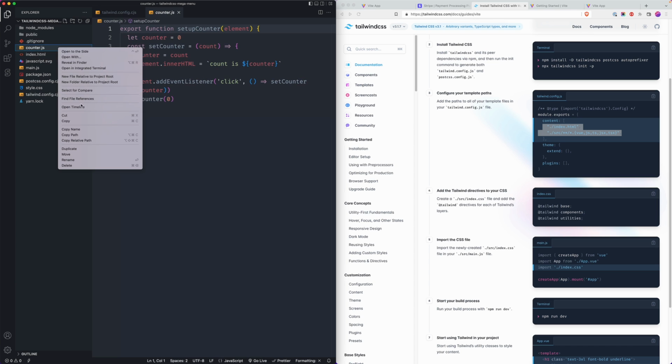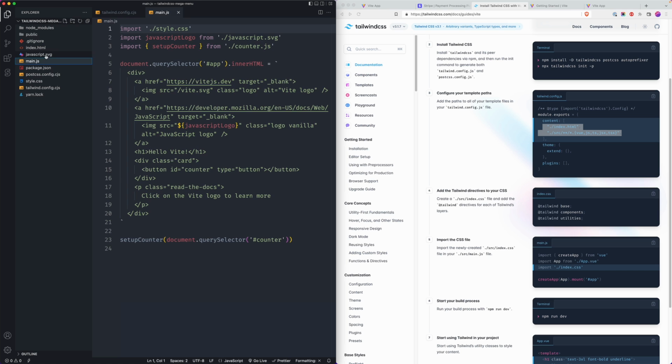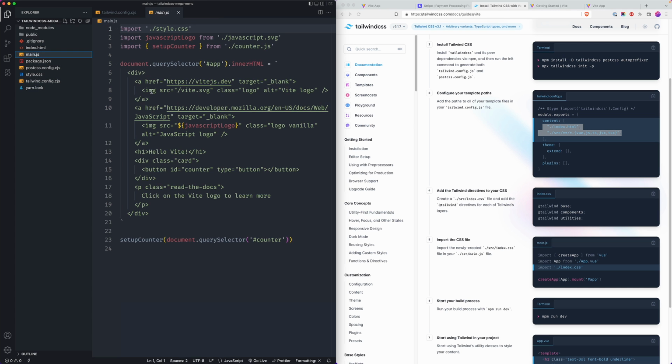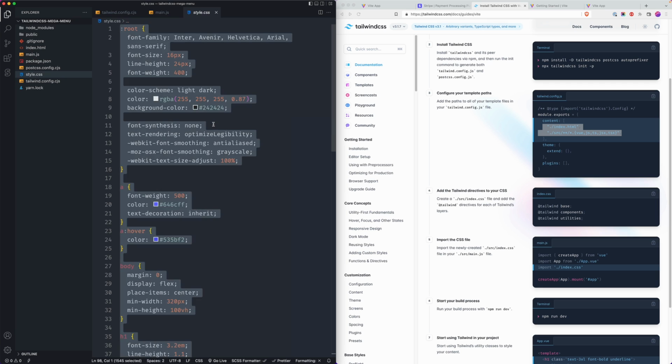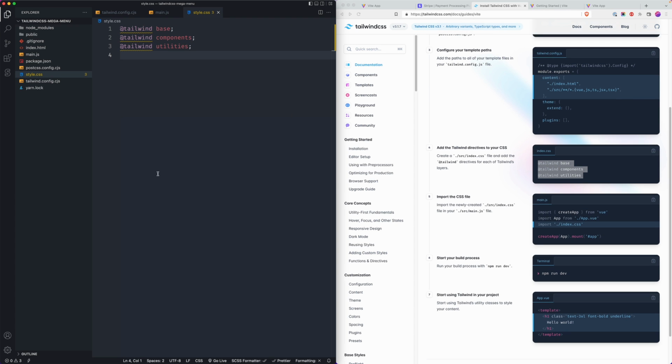And then finally, in the index file, we can adjust that in a second. I'm going to actually get rid of the counter file and also the main.js file, or not the main.js. I'm going to undo that. Excuse me. I'm going to get rid of the JavaScript SVG. We don't need that at all. The main.js file is going to import our styles, which is what we want. Everything else here we can kind of remove. In our CSS file, I'll do the same. Remove everything in there. We can use our Tailwind directives here, paste those in,